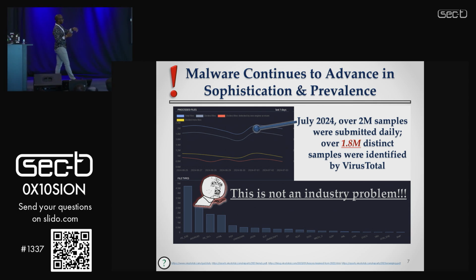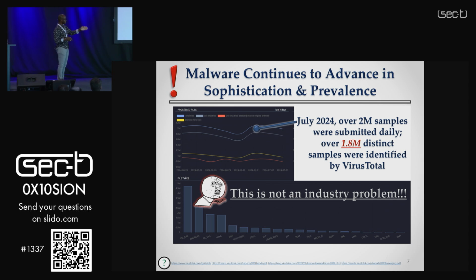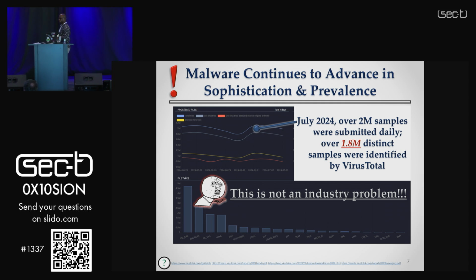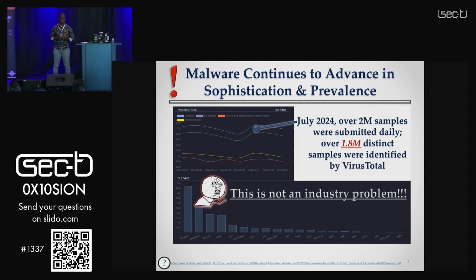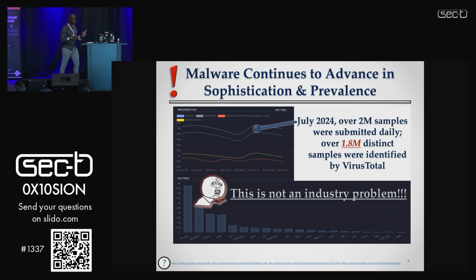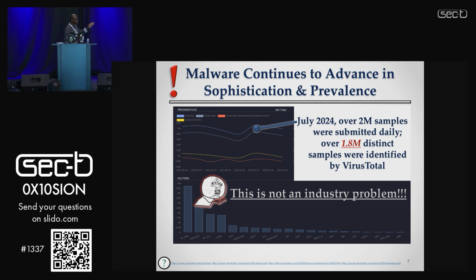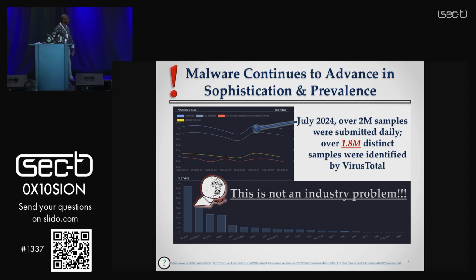As of July, going into August, and August going into September, this number has constantly been increasing. They say per day they receive, on average, over 2 million samples for analysis. And of those 2 million samples, over a million, now 1.8 million, are distinct samples provided to VirusTotal daily.